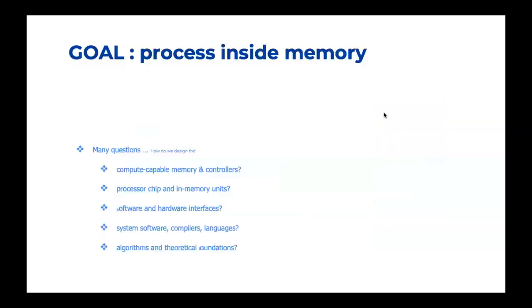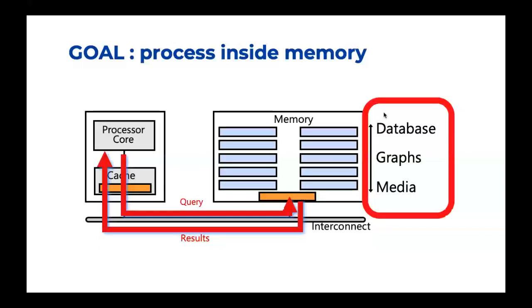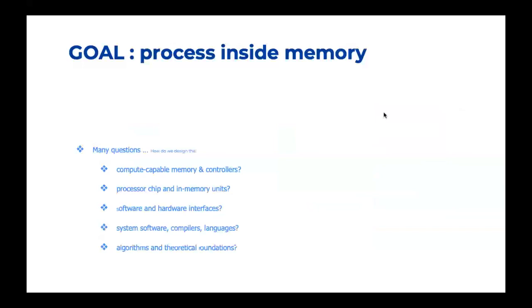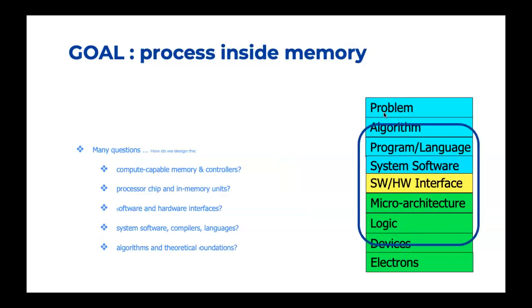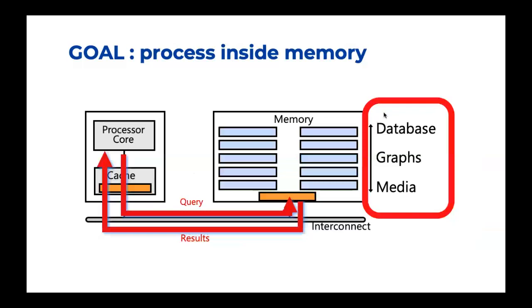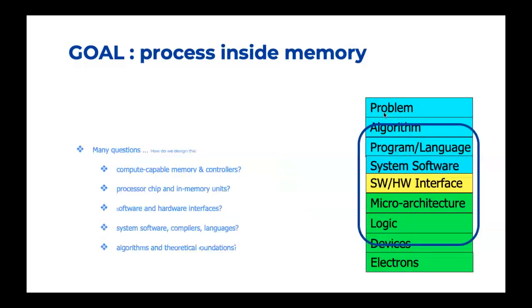We have many questions for this kind of architecture, and we need many improvements. Some of the questions have no answer right now. We need compute-capable memory and controller, processor chips in memory units, software and hardware interfaces, systems software, compilers, languages, and also algorithms and theoretical foundations. The part we need to improve is everything from algorithm to devices. It's a big deal for gaining processing inside memory, and we need that. We need everyone from programmers to the people working with small transistors to improve